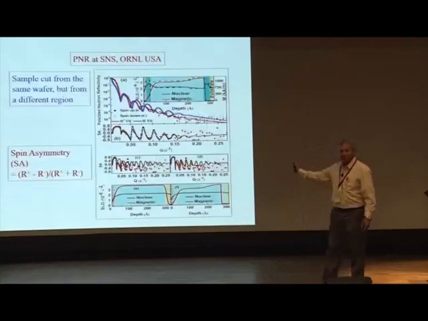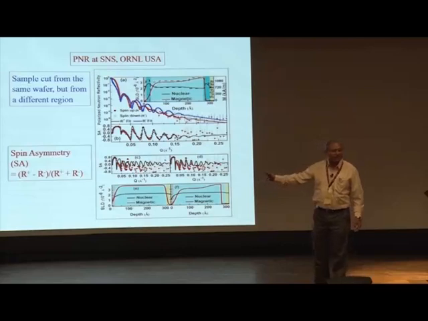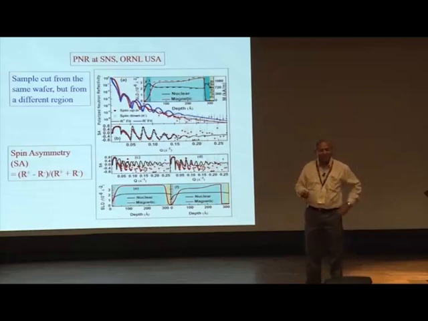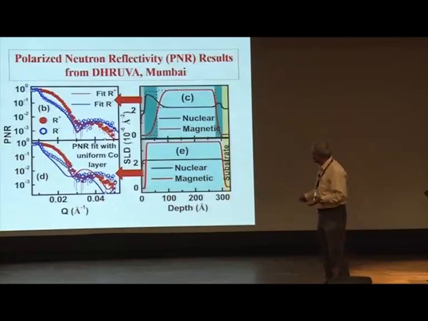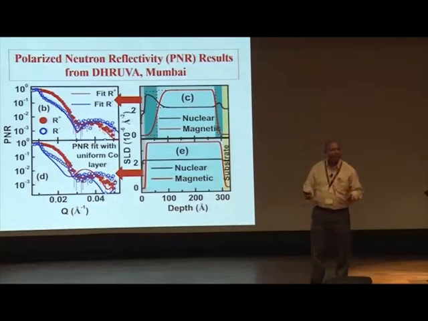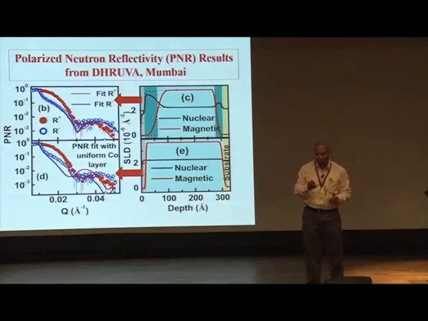Now, the experiment that I showed earlier was carried out at the Bhabha Atomic Research Center, the Dhruva reactor, where the intensity of the neutron beam is very low. And if you notice, we could carry out the experiments only up to a momentum transfer of 0.04. Momentum transfer basically means your angle. If you increase the incident and reflected angle, you get more and more momentum transfer. That is the wave vector out minus wave vector in.